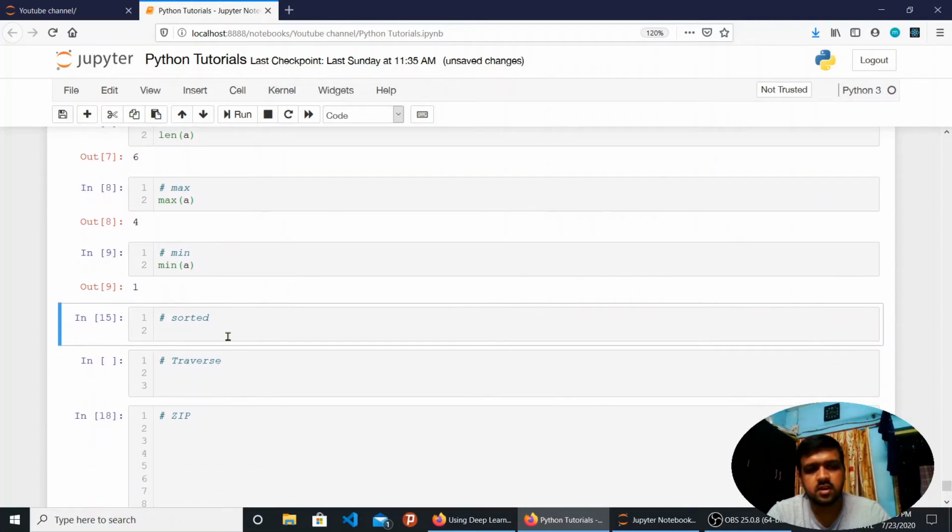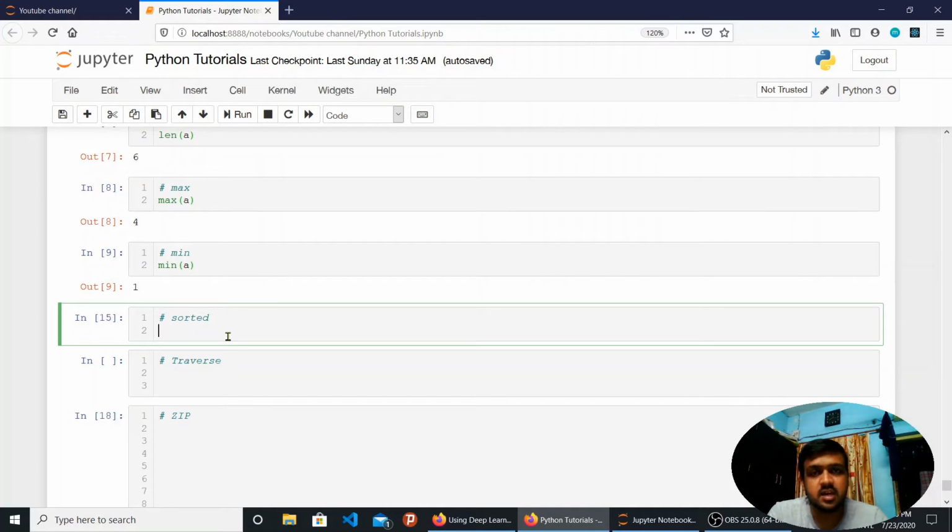Moving on to sorting. There is one thing to notice and remember here. A tuple is an immutable object or immutable data type. So we cannot change the order of elements that was initially declared in the tuple.